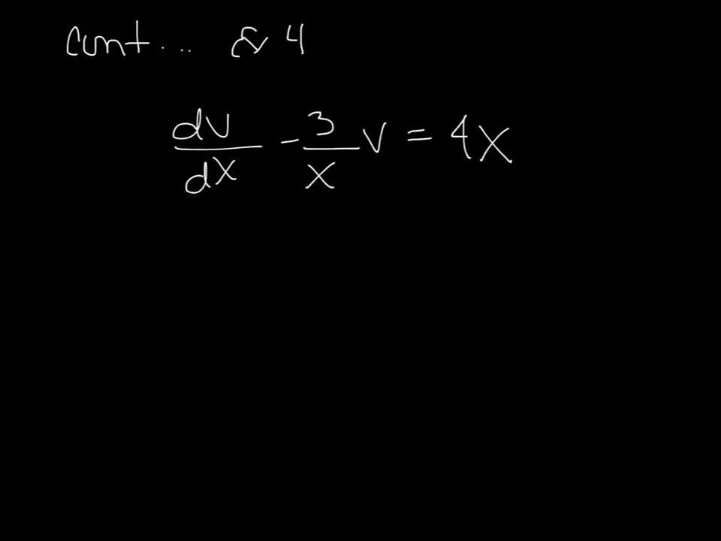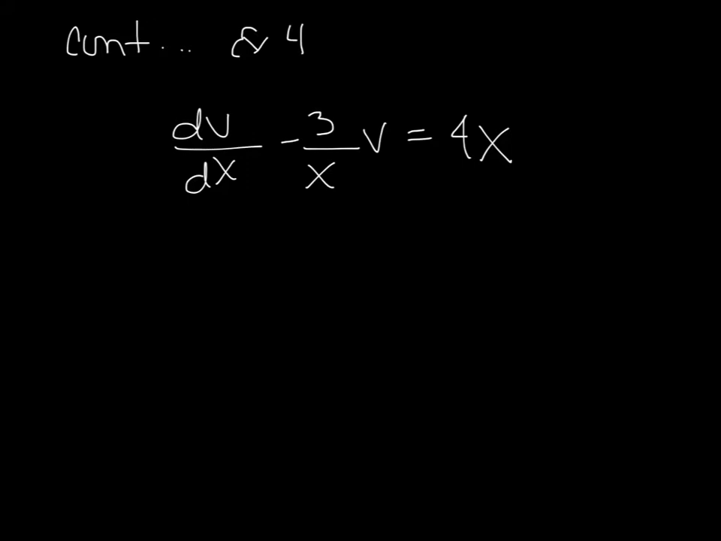Okay, so continuing example 4. So this is our transformed equation in terms of v and x. And this equation is actually linear. It's a Bernoulli equation, but it's specifically linear because of our n. And so